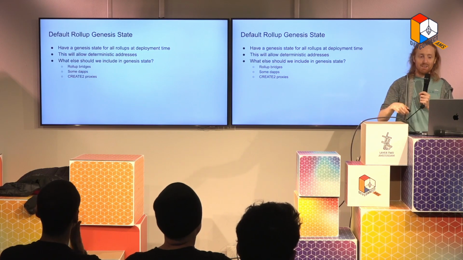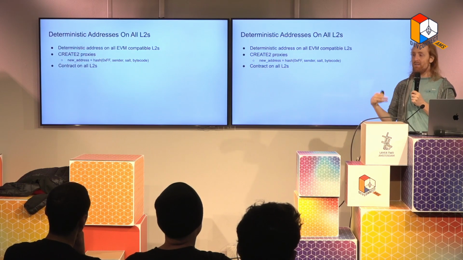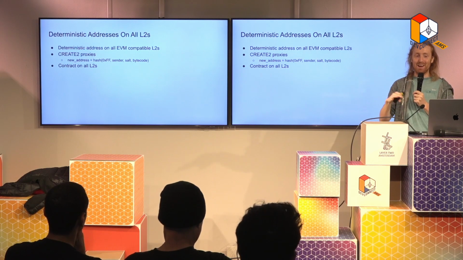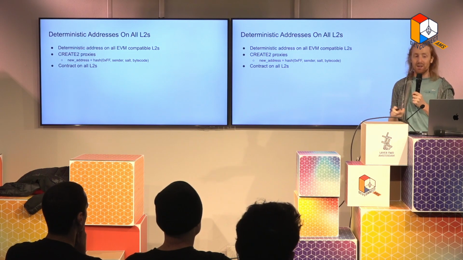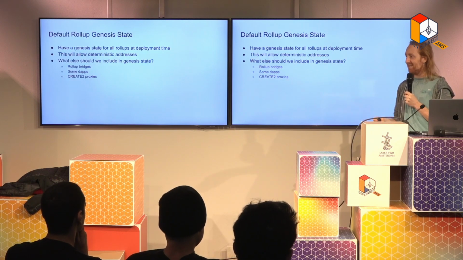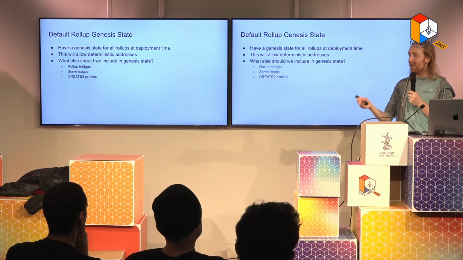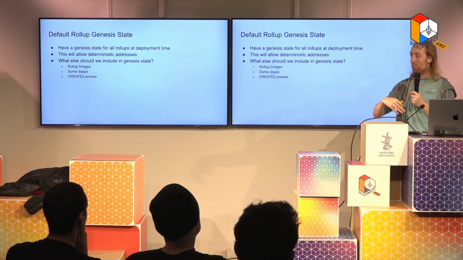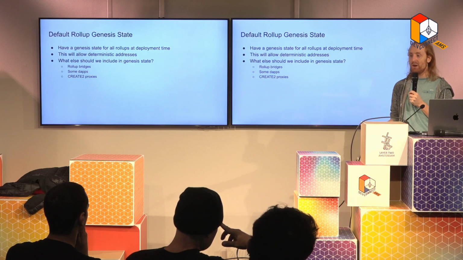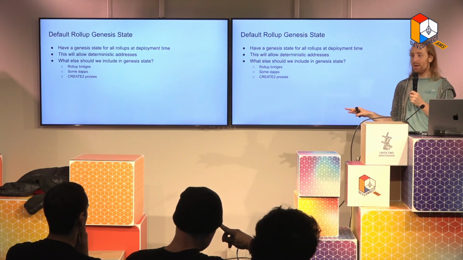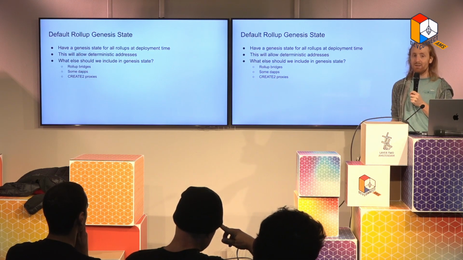So we're kind of depending here on being optimistic about having the same addresses or the same proxies deployed, but we can just include the proxy in your Genesis state. So we don't actually have to deploy it. We can just include that when you set up your rollup. When you deploy a rollup, it always has a Genesis state, right? And most of the time it's just 0. It's just completely empty. But you can set up your Genesis state to include other stuff.